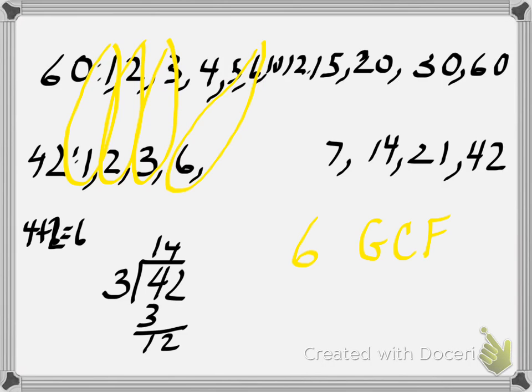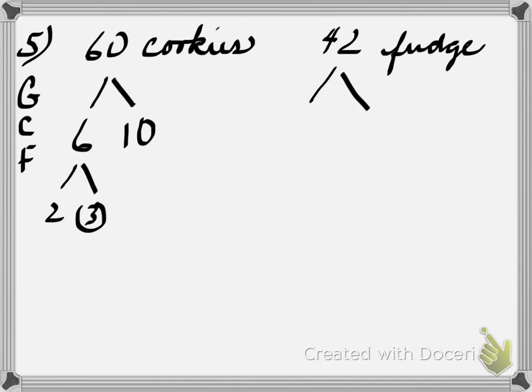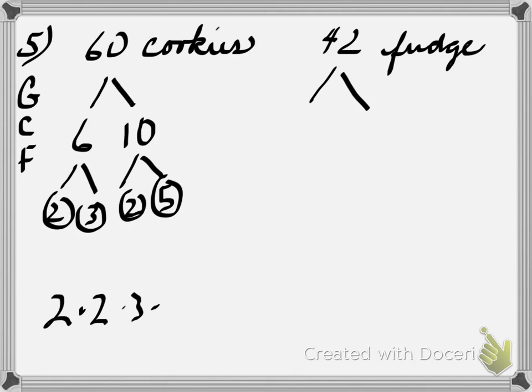Now, we could also do the greatest common factor by using a factor tree for each of these. This is 6 times 10. 6 is 2 times 3. Both of those are prime. 10 is 2 times 5. Both prime. So we have 2 times 2 times 3 times 5, or 2 squared times 3 times 5, and